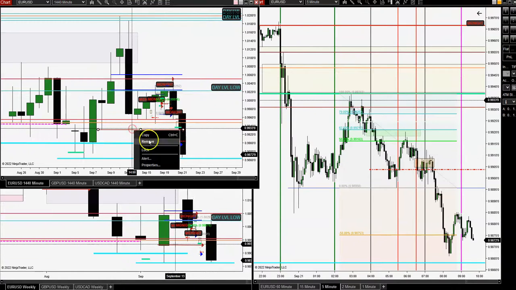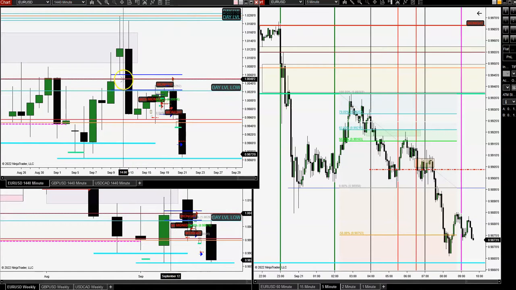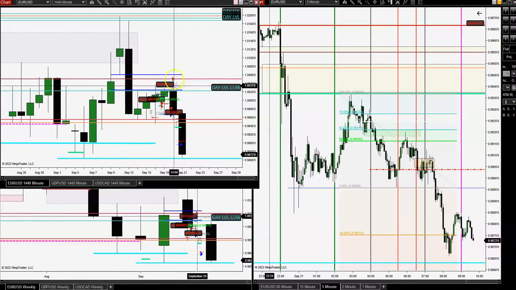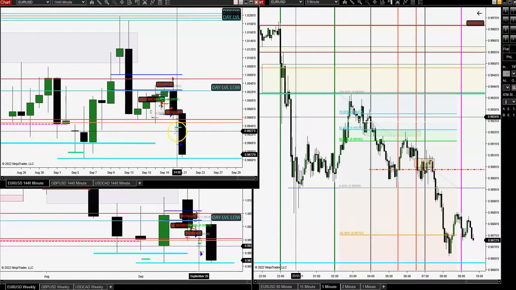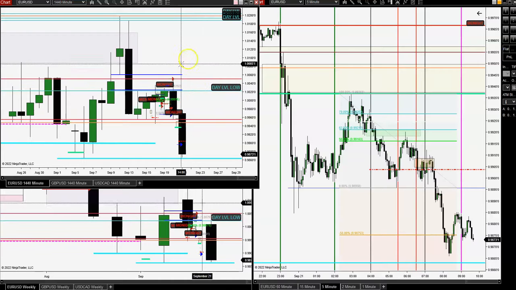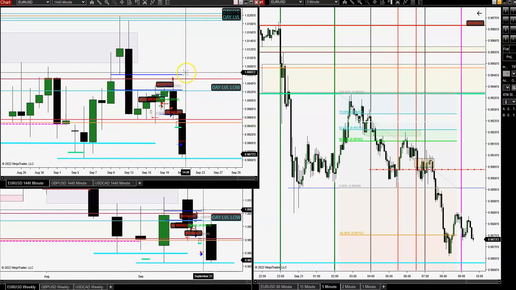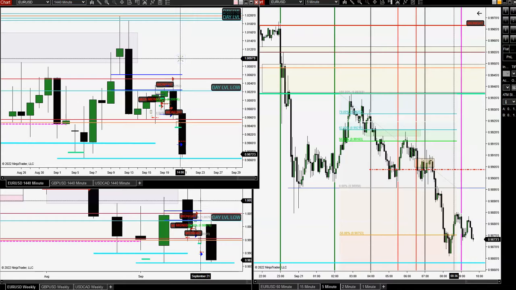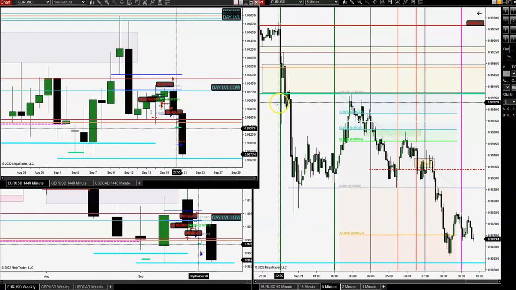So finally, we went up in here to this fair value gap on the daily, and we pushed down yesterday. If you saw my video for yesterday, you can see there was a move that happened in euro dollar and I believe pound dollar too at the end of the session. Now I don't trade at that time, so those are just missed opportunities. And yeah, there's just nothing we can do about it. Now today,